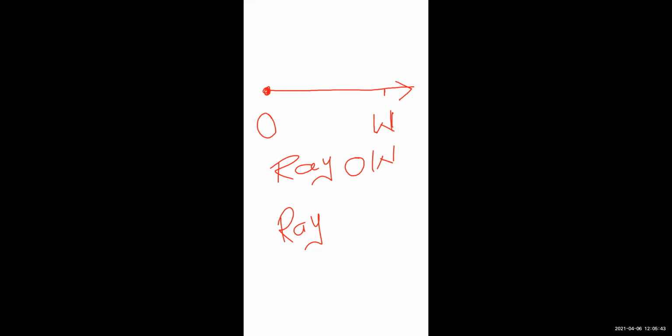Can we write down this ray as WO? No, very good. Why is it so? As it is a ray, it should be extended in one direction. So we have to take the first point or starting point in the naming. So O is the base starting point and W is the second point. So we can extend in that direction only. Getting? Okay. So here the ray concept is clear, I hope.